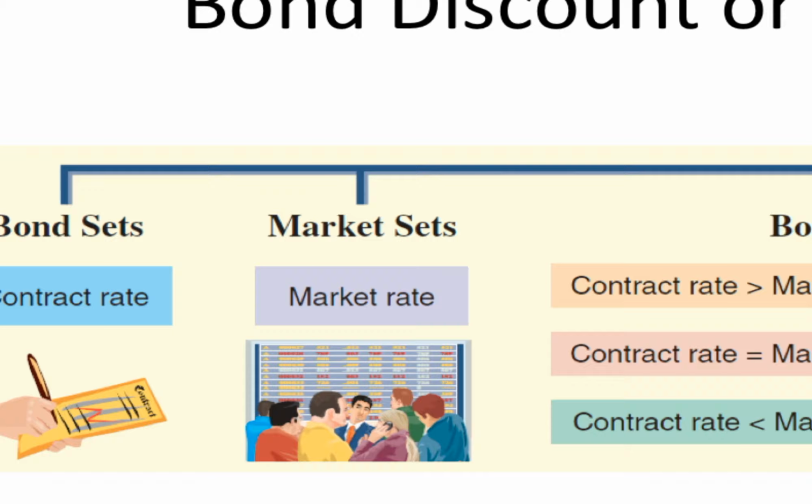Okay. So, whenever the amount on the bond is different from the market rate, then we have to change the amount that we're going to pay back at the end. It's either going to be more than the company gave us if we have to incentivize them to buy our bonds, or it's going to be less than the company gave us if our bonds are so good that the interest rate is so high that they're willing to pay more than they're going to get back in the end because they want that extra interest rate bump.